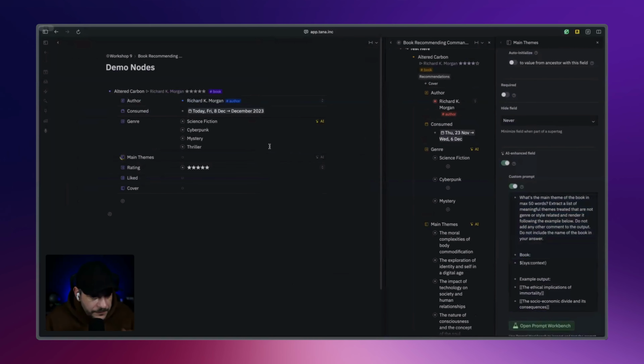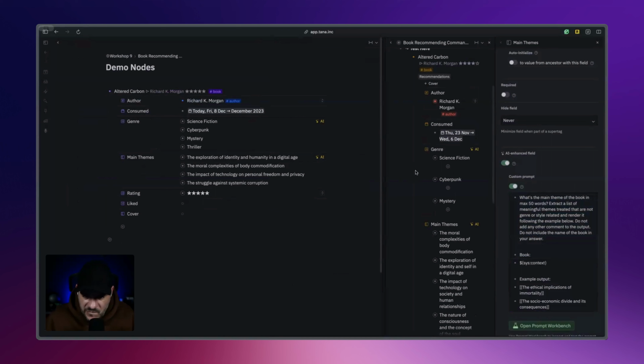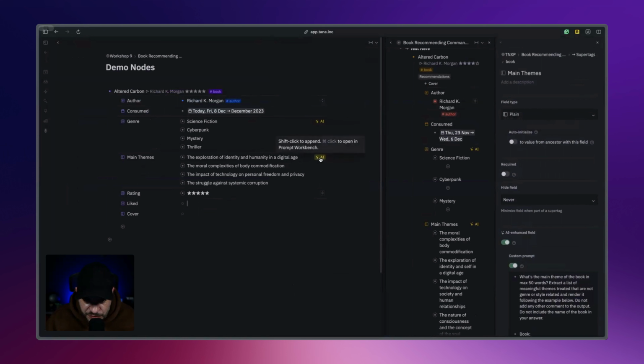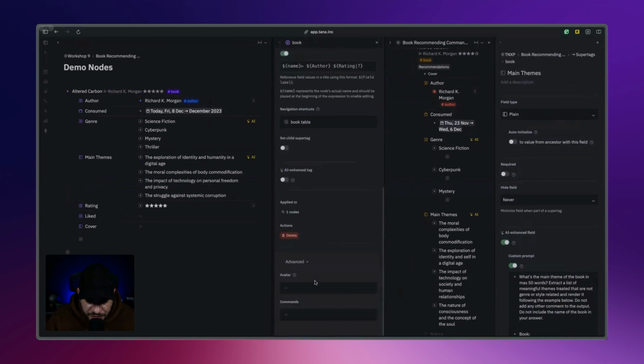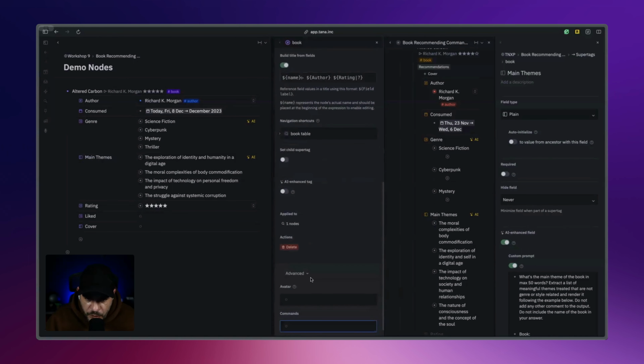We can try. Okay, what's expected. And what we want now is to not have to run these two fields by clicking the AI here, or at least I don't prefer that. I prefer the ergonomics of having a command here that is available when there is no genre and no main themes. And so I can simply create a command in the configuration of book,